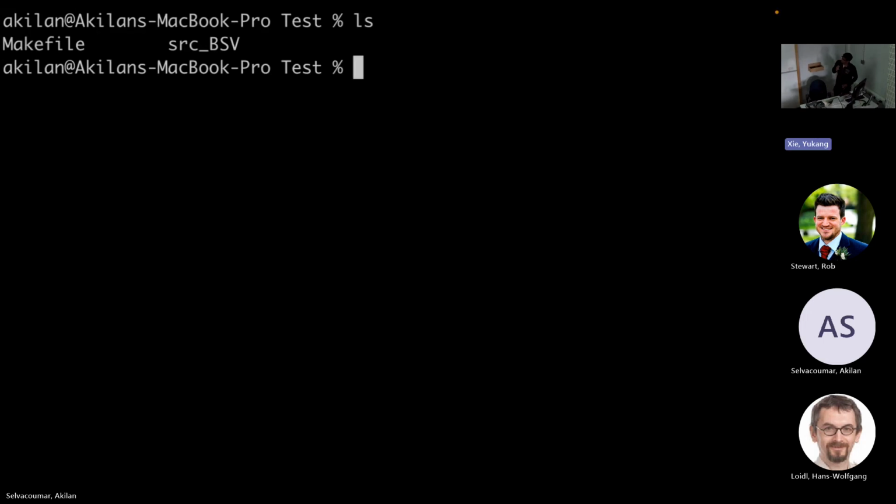So, we're going to do the same thing Yukang did, but we're going to implement it in Bluespec, and maybe we will try to change some register sizes to see if it's going to catch or not. Sure it will. Turned out, Haskell loves